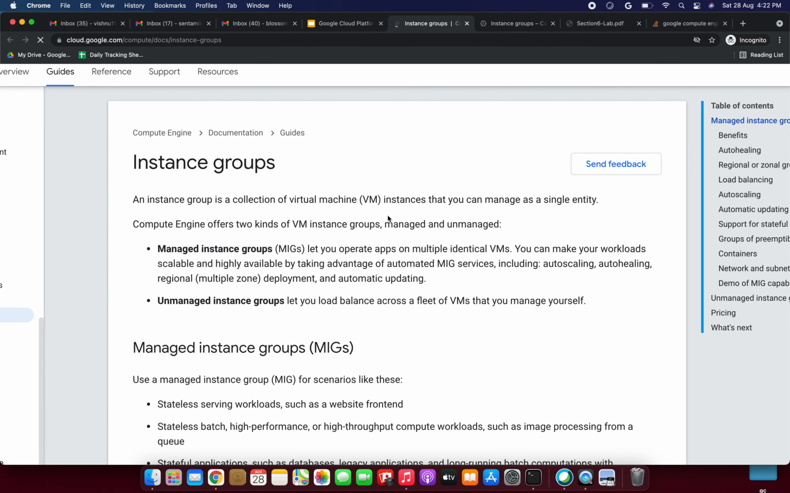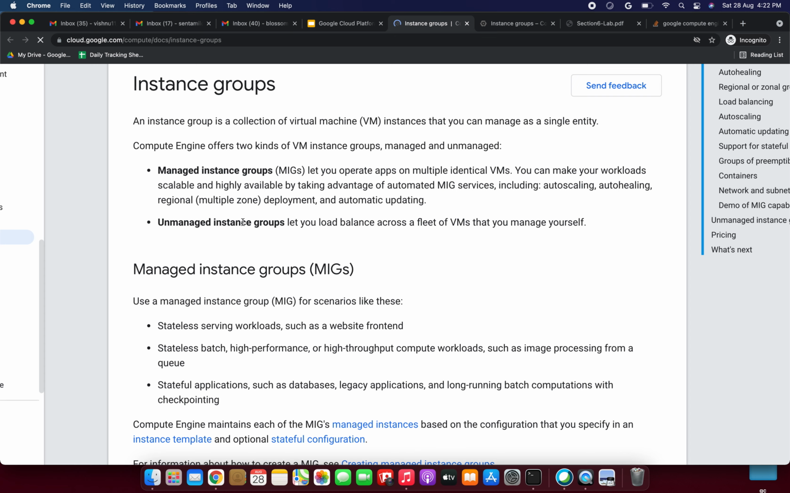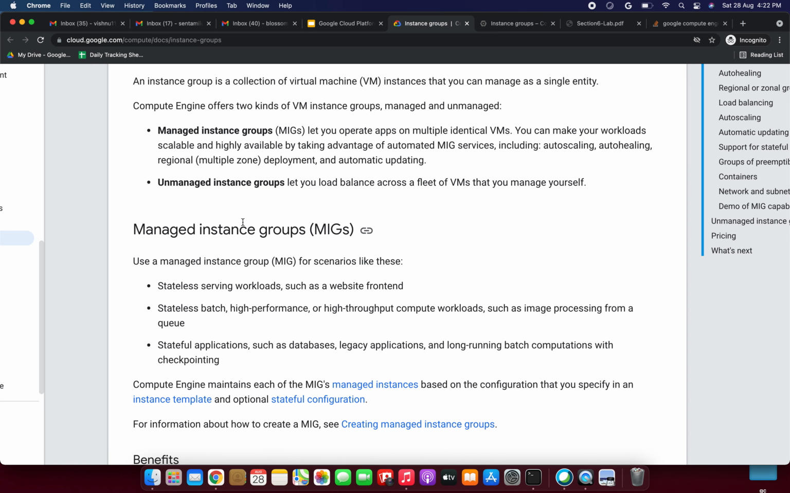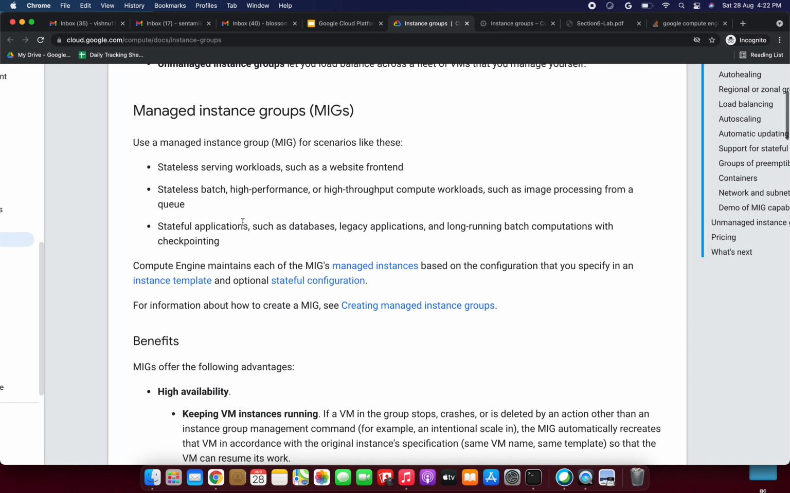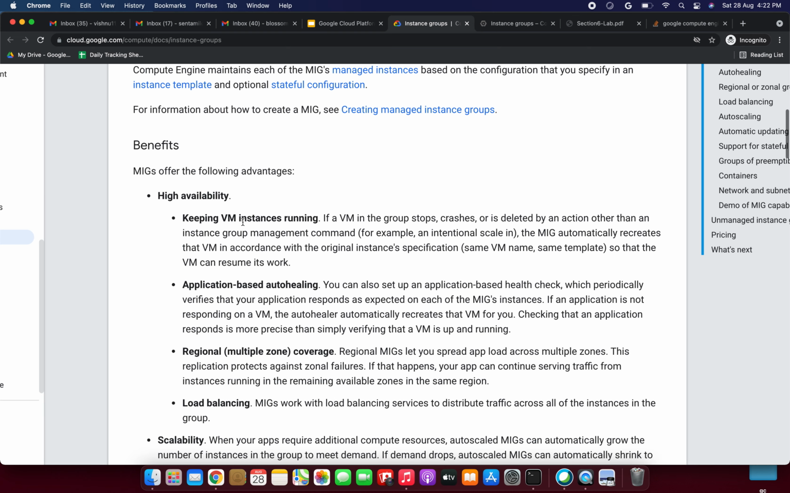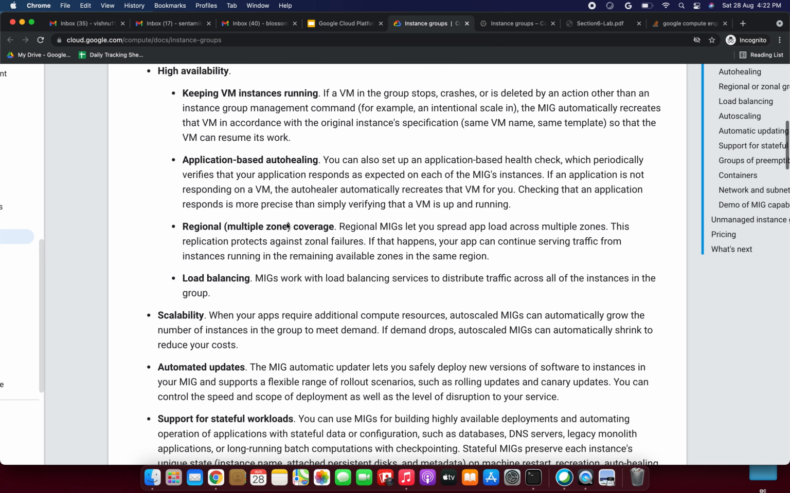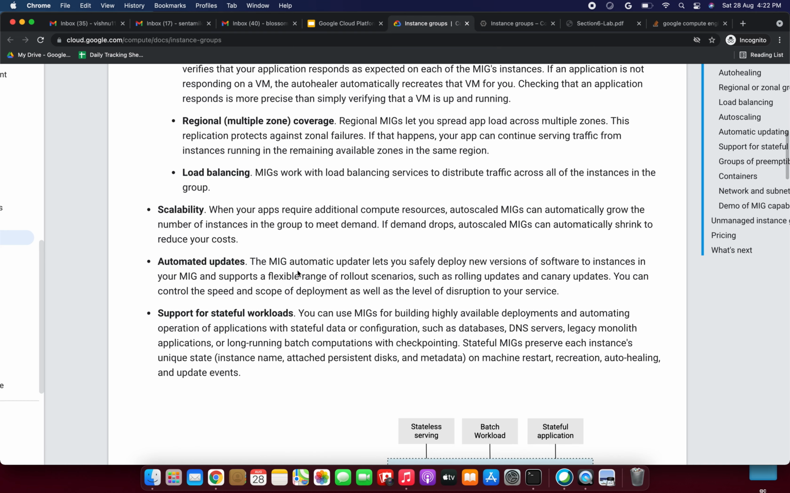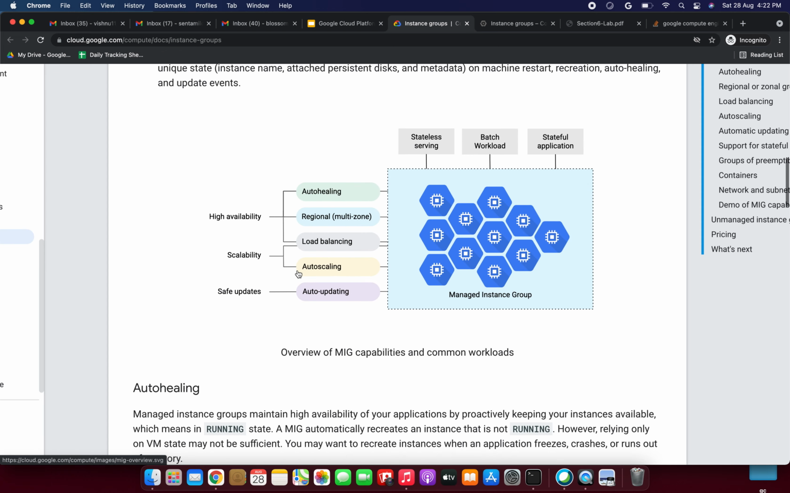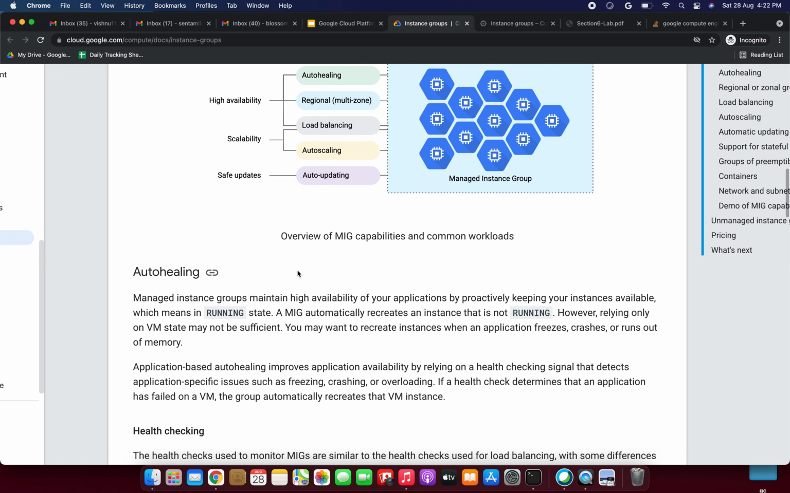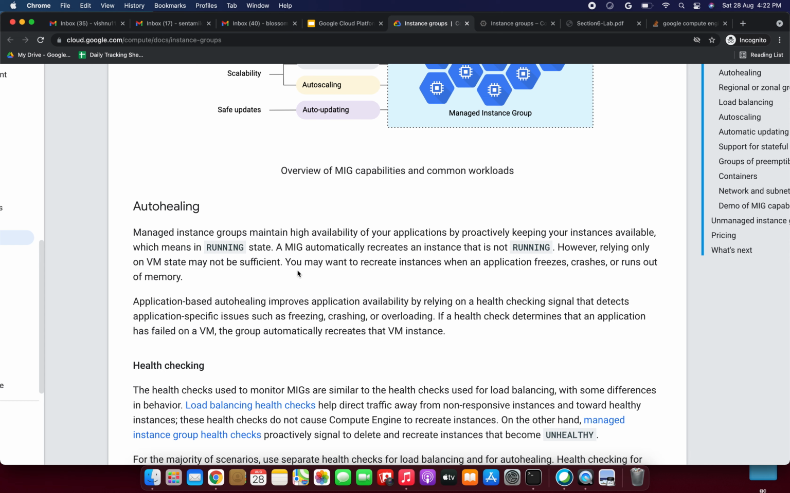So instance group, I have already explained about these two types of instance group, managed and unmanaged. These are the managed instance group, and the benefits of the managed instance group offer the following advantages: high availability and scalability, automated updates, support for stateful workloads. Then what is auto healing? Managed instance group maintains high availability of your applications by proactively keeping your instances viable,